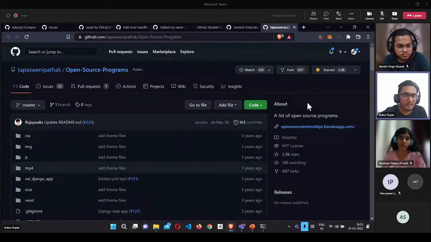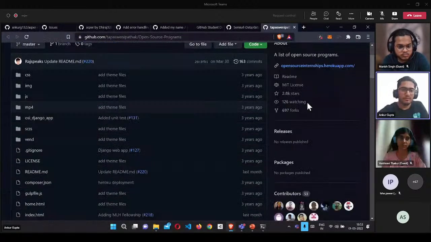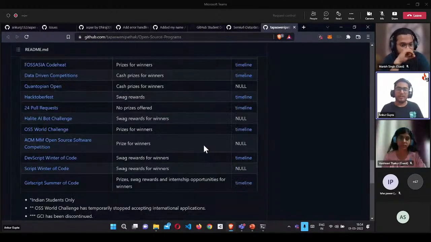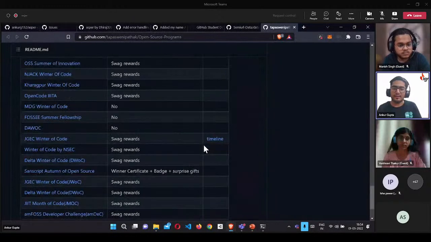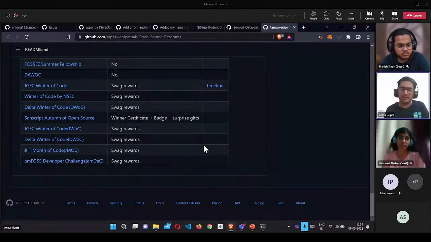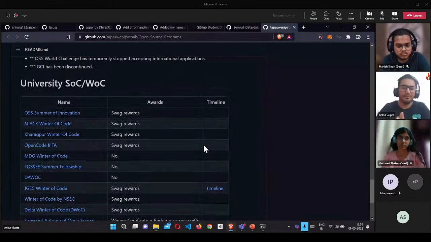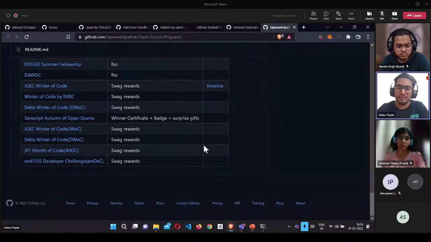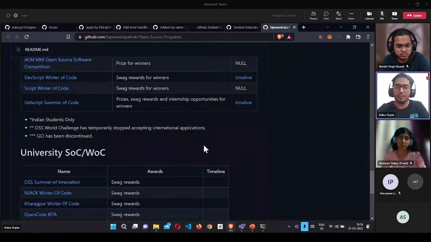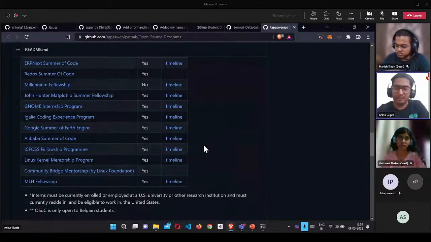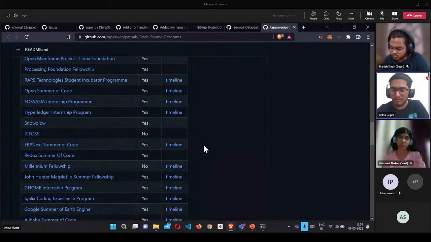And yeah, you can look into the programs, you can see the contributions, and this is how you can make your open source contributions. You can get started with any of the programs. They keep happening, and there are so many programs in a month. Some of them may happen every month. Like Hacktoberfest happens every October. Then there's Google Summer of Code. There are a lot of Summer of Code programs. There are Winter of Code programs also. And they keep happening. So you can just check these open source programs.